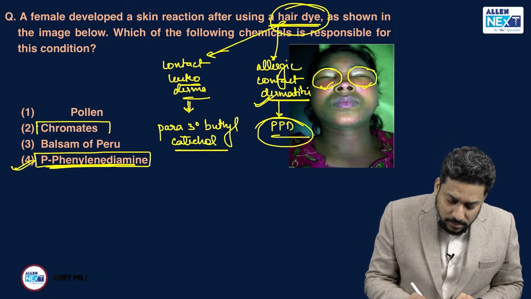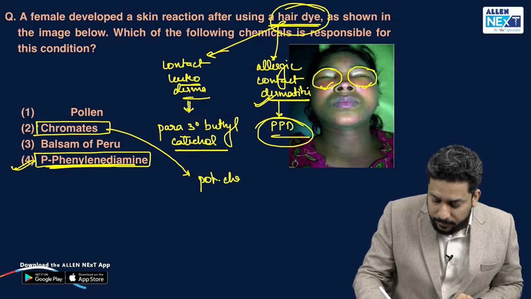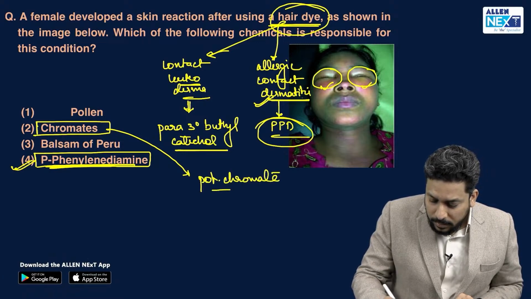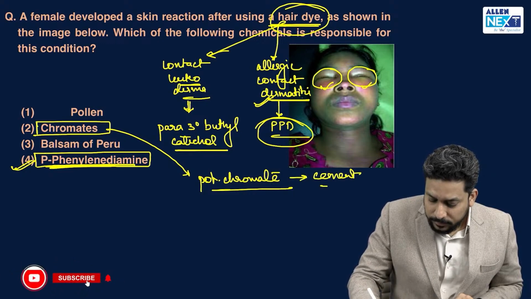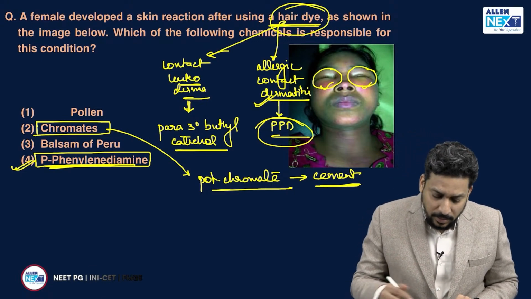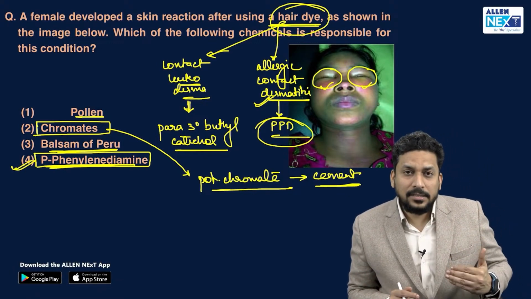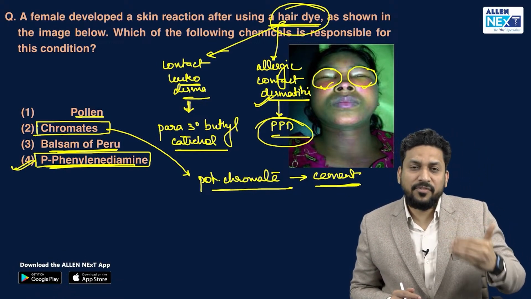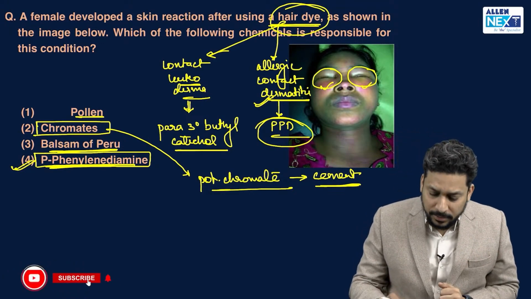Here chromate is also there in the option, and potassium dichromate is present in cement, and this can also cause contact dermatitis. Pollens and balsam of Peru, these are plants. So sometimes gardeners or farmers develop dermatitis and that can be due to these plant products. Then